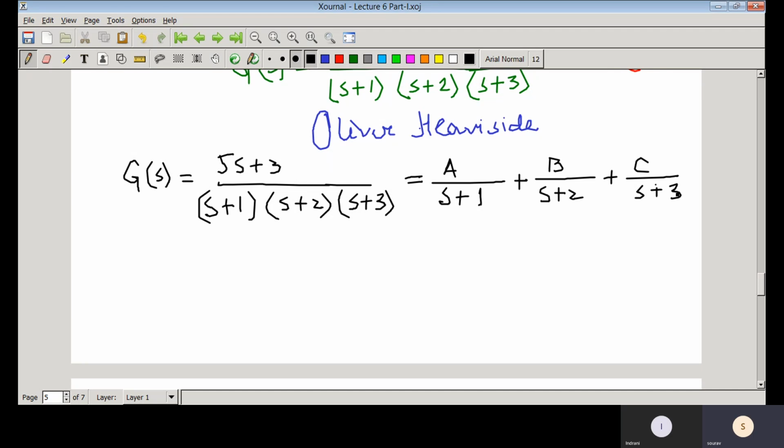So then if you apply that Heaviside formula, this a would be s plus 1. I think you all know those things. If you forget, I suggest you see some standard book on signals and networks, or you can see all of those things in any control book. So at s equal to -1, you will get a equal to -1.